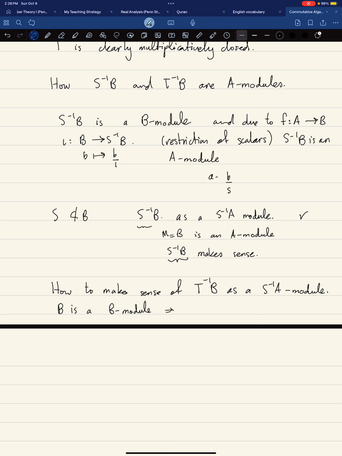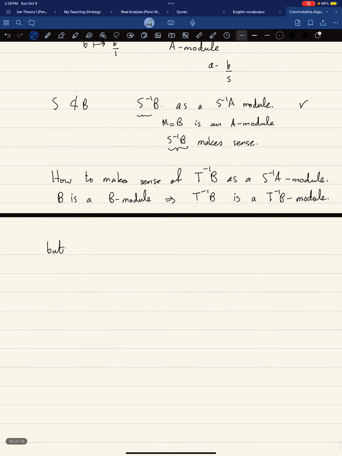So this means that T inverse B is a T inverse B module. But f going from A to B gives us a map